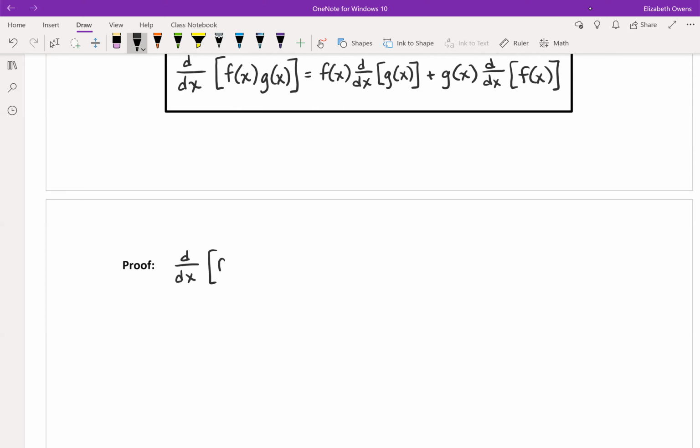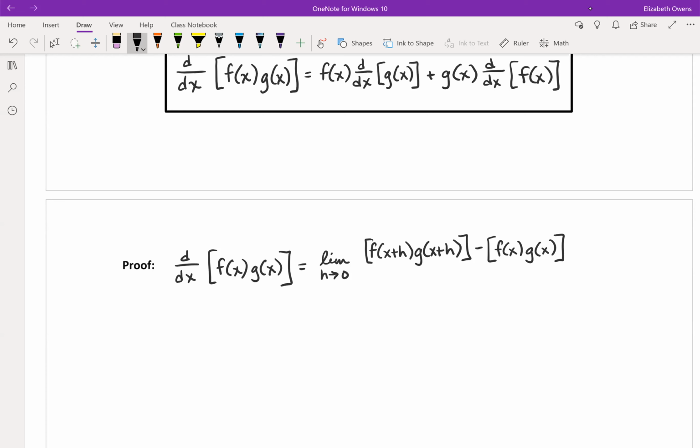So we're going to put f of x plus h, g of x plus h first, and then minus the function with just x. So our function overall is the product of those two, f and g. So we write f of x, g of x, and we put that all over h. Okay. So now for our next step in this proof, because we've just got the definition written down here,